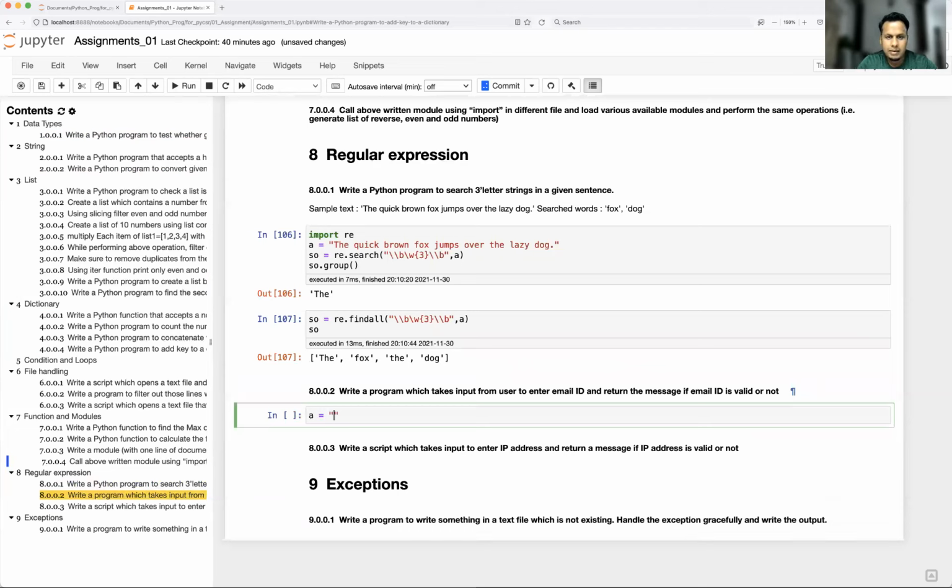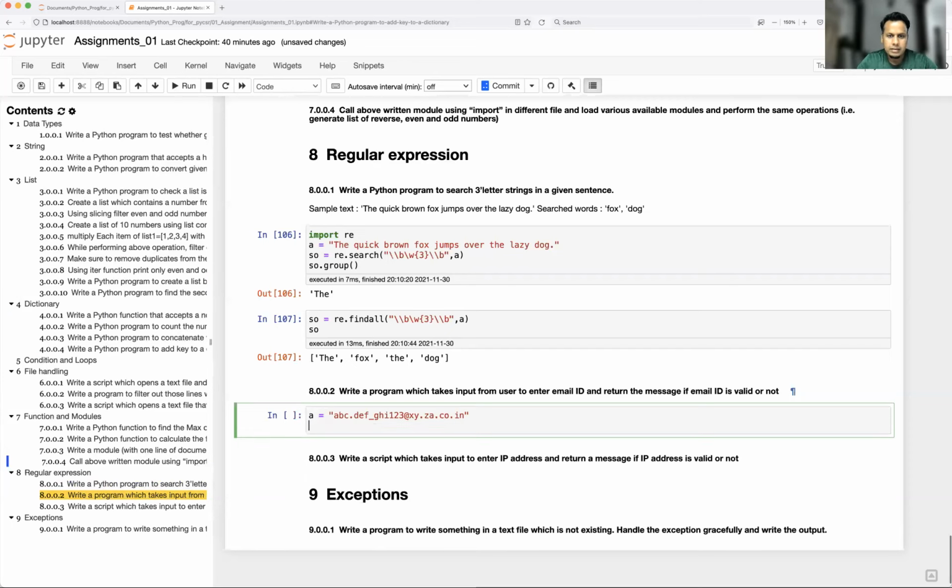You will have something like abc.def, it may be capital letters, but all emails will be small letters only, and ghi123 at, let's say, gmail, or maybe something like xyz.xy.za.co.in, anything. So this kind of email ID will be valid.